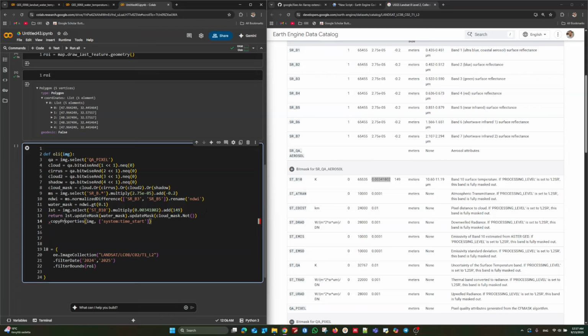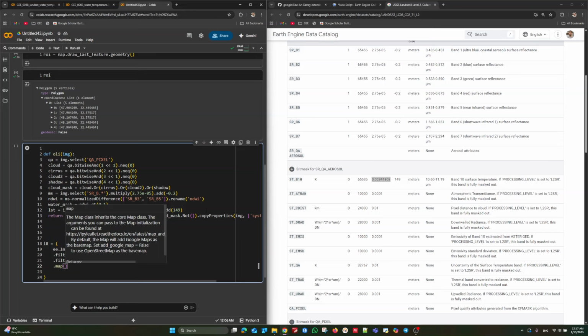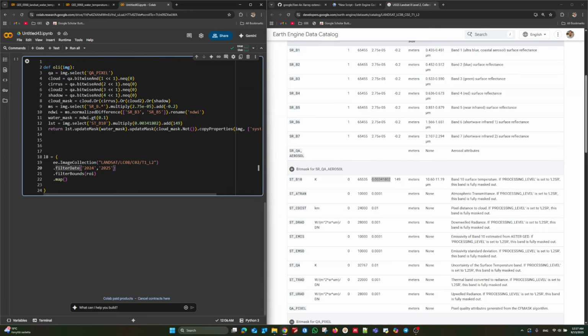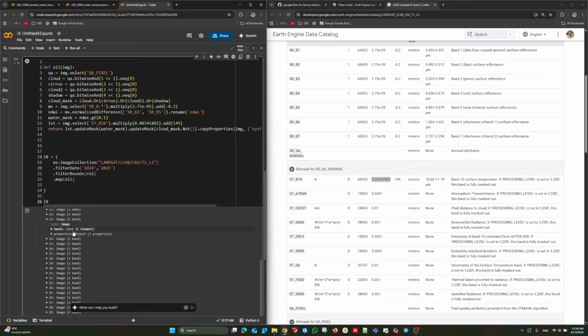Yes, now it's working well. So let's apply the function on each Landsat-8 data available in 2024. OLI applies on Landsat-8. Let's run. As you can see, 44 elements or 44 images available for 2024. In all of the images, we have surface temperature data with date acquisition information or